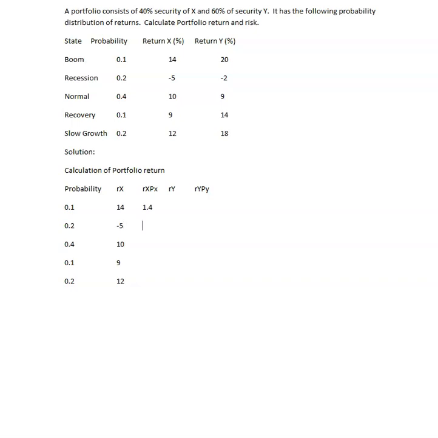Next, 0.2 into minus 5 is minus 1. Next is 0.4 into 10, 4. Next, 0.1 into 9, 0.9. Next, 0.2 into 12, 2.4. When we take the total of this, we will get